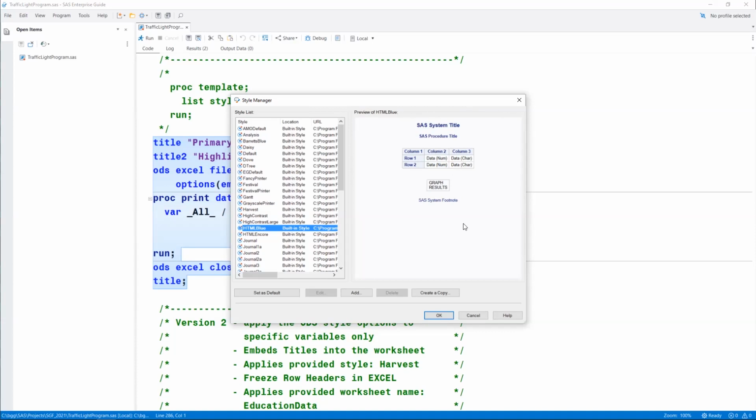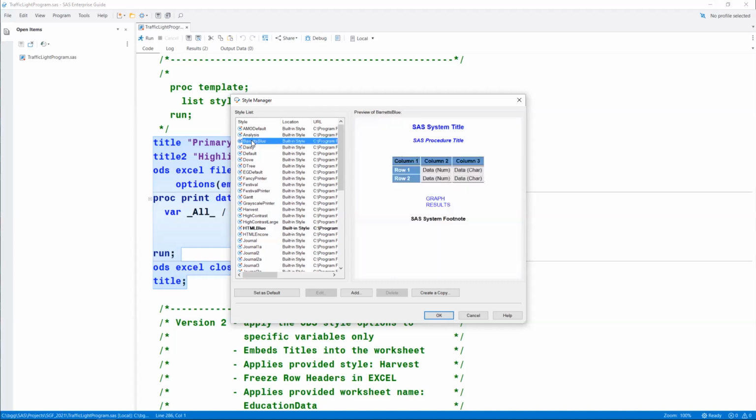But we can change that, and we'll see. I'm going to use another option in order to change it, and we could change it to any one of the styles you see off on the left side here in this list. I'm going to use Barrett's Blue as one I'm going to be using later. If I click on that, we can see it's a slightly different overall report style. We have some gray background colors and blue background colors for different parts of the report.